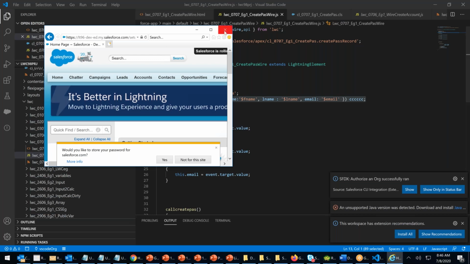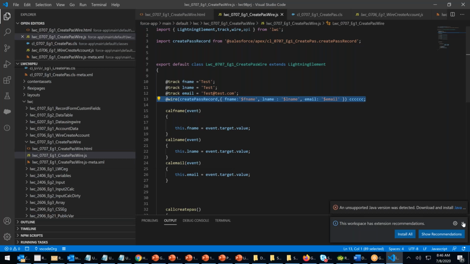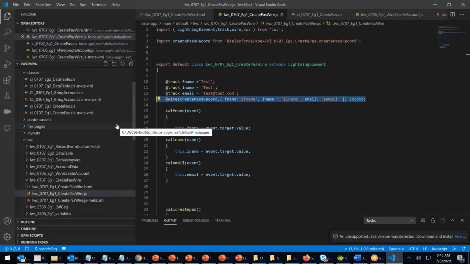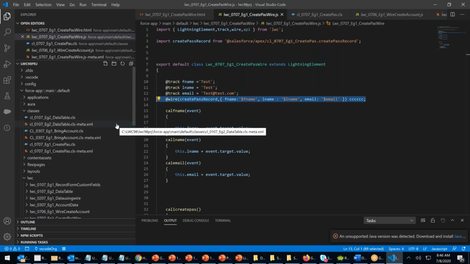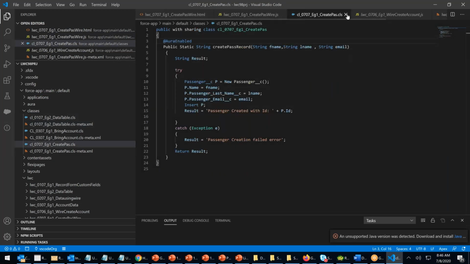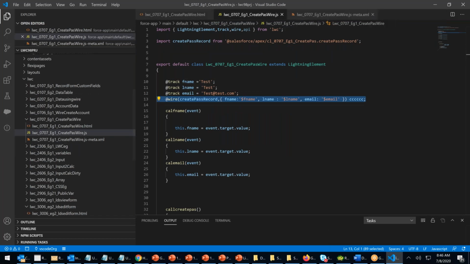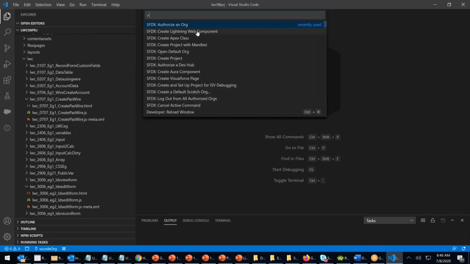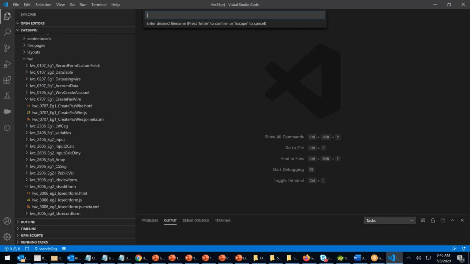Authorization successfully done. Now let us do the same, not a full data table, but I'm going to write a server-side controller and pass a parameter using a wire service. Whatever we did yesterday, approximately 80%, we will do the same thing. Let me close all the previous ones. Control Shift P, create a Lightning Web Component. I will say LWC underscore 0807 underscore EG1 underscore